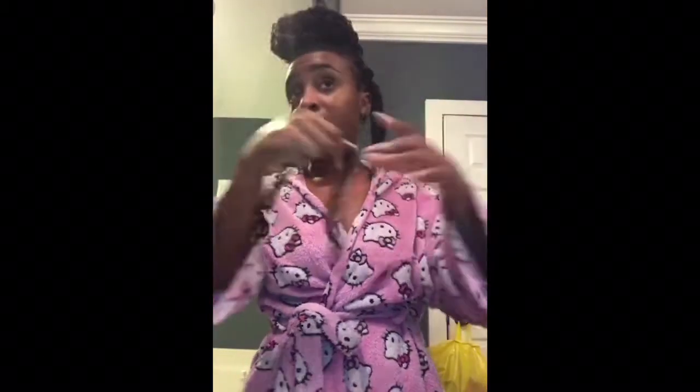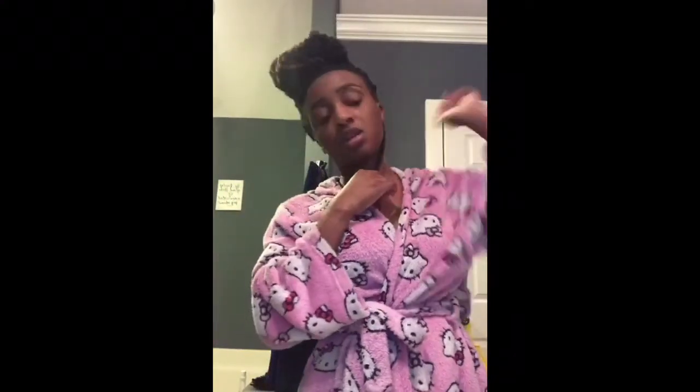So now my hair is moisturized. Got the leave-in conditioner on it. It's good to go. So I'm going to take this hair. Well, first, I'm going to split my hair and get the two pieces. I'm going to take this first piece and put it in the middle. My right hand,